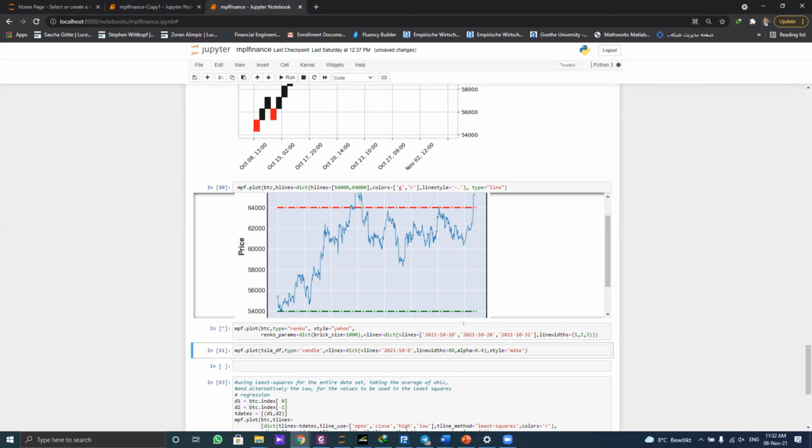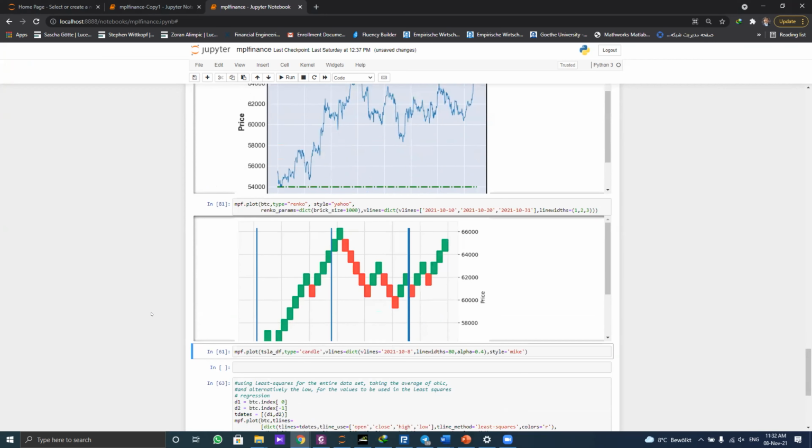Again, we can use the vertical lines. Here I combine the brick one in the Renko graph and the vertical line. You can set different time periods, so that you can see how the whole stock has moved during the time or during the period of time. Additionally,